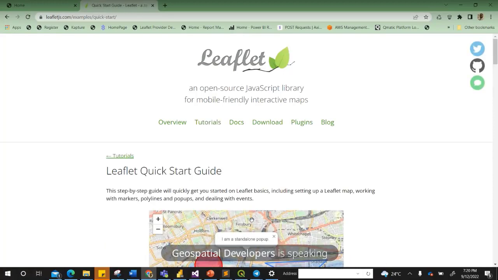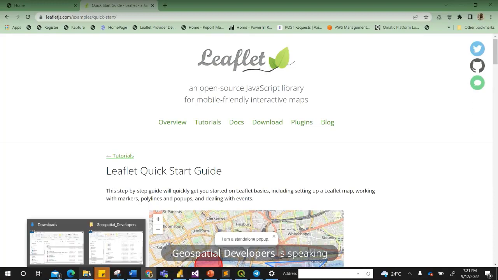So if you want to use Leaflet, this guide will take you through how to quickly build or initialize your map, add your data sets to the map, right? And all your other functionalities. Yeah, and so for today's session, I will create